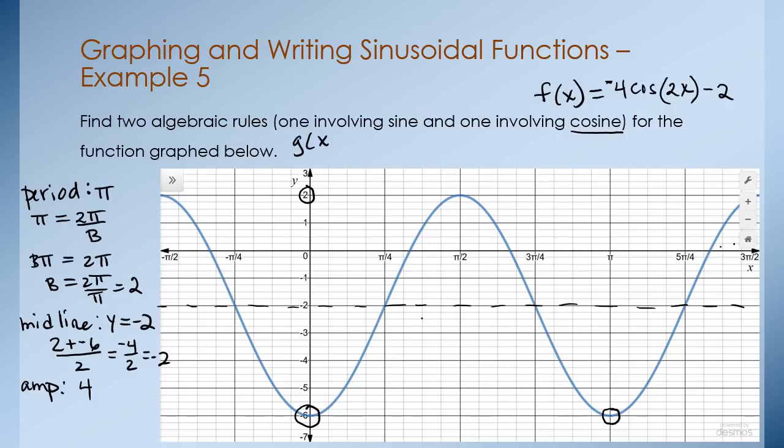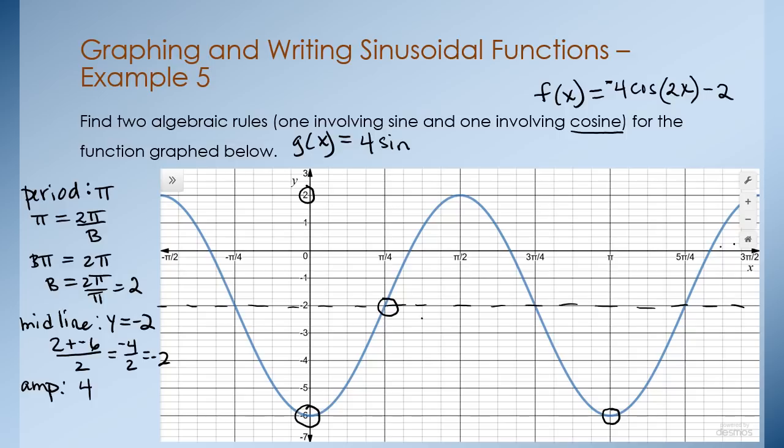Now, how about a sine curve? I'll call this one g of x. And let's see, this is a little trickier. A normal sine curve at 0 is hitting its midline. Now we're not seeing this curve hit its midline until we get to pi over 4. So what we might say is that this is a normal sine curve that's been shifted to the right pi over 4 units. So we'll remember that, but for now the amplitude hasn't been changed, and we'll have 4 times